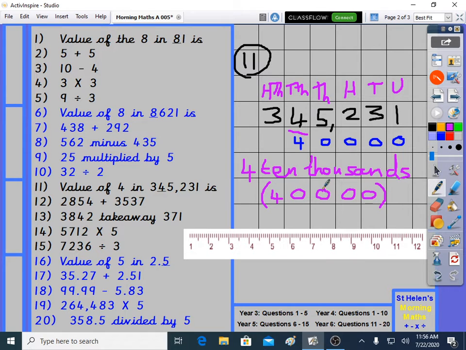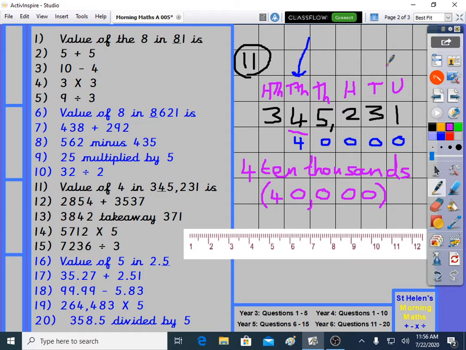And in this case, the 10,000s column had a 4 in it. So of course it was worth 4 10,000s. Otherwise known as 3 from the end, comma, 40,000. 4 10,000s, 40,000. By the way, if you ever get asked to write a big number like this,